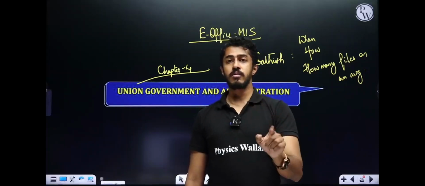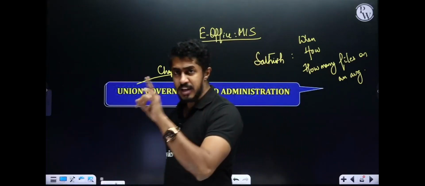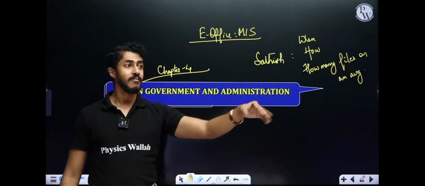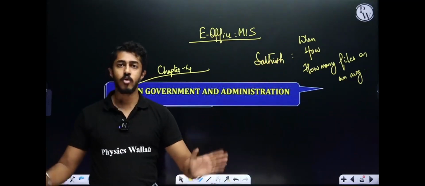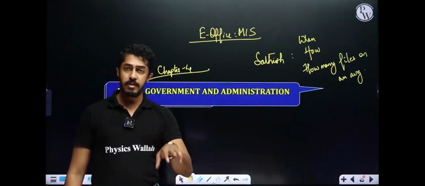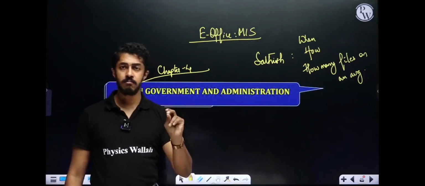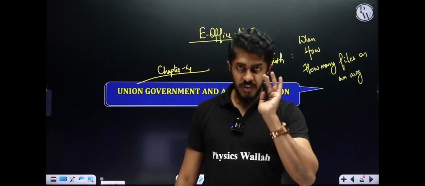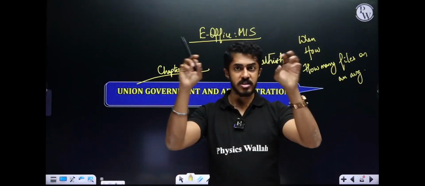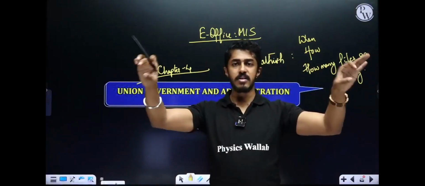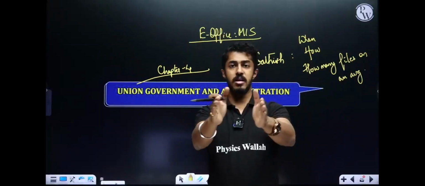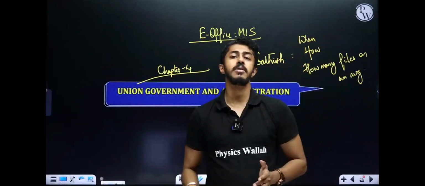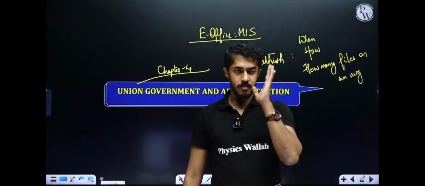PERT is used where we are uncertain. Space missions, defense missions, we are not at all having a clue when it will be ready. So we wait. CPM, shortest time, how can we complete a project? Where we know what each person, how much time they will take. Based on that, we will say, okay, these many agencies are involved, this much time will be required. Okay, that is CPM. Any doubts?